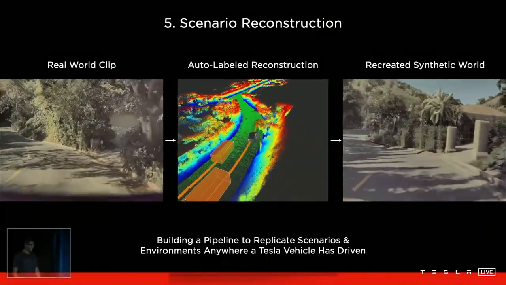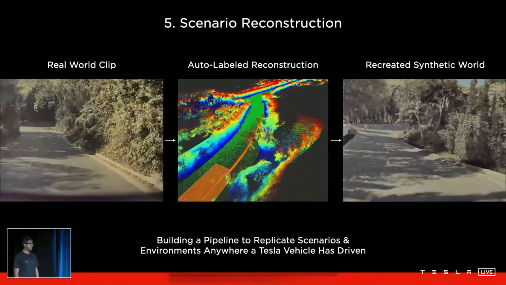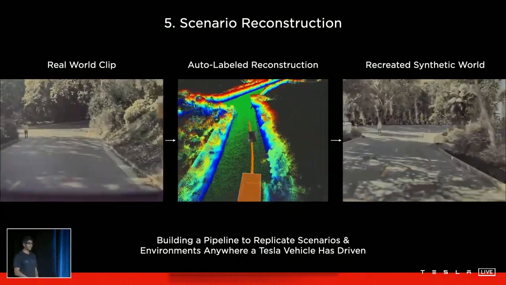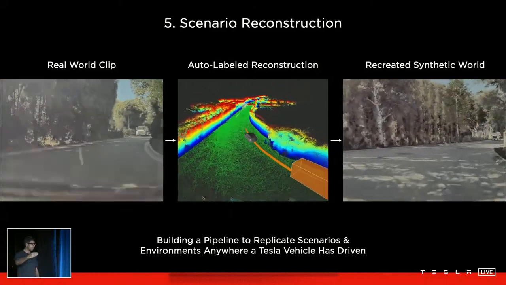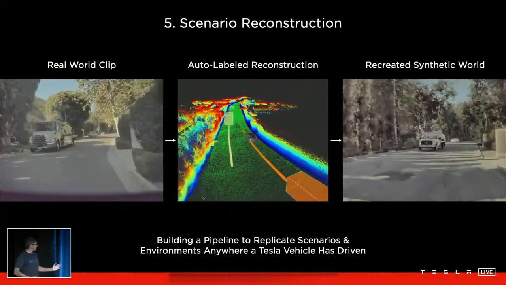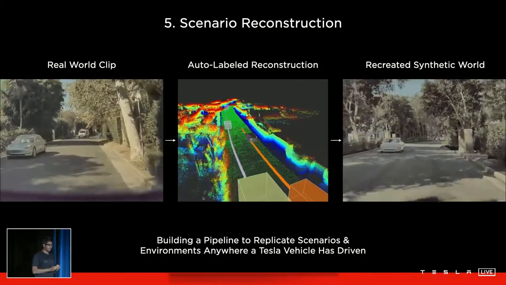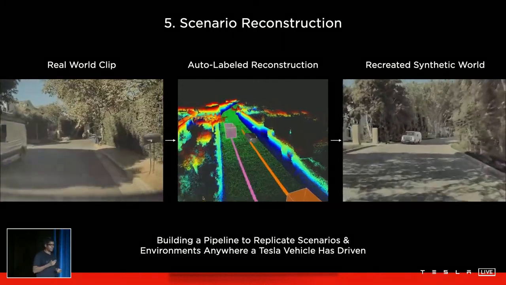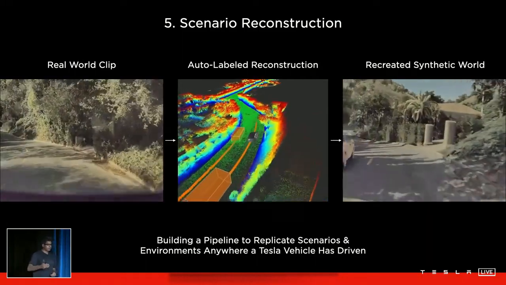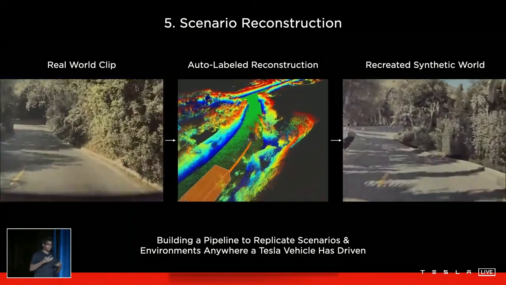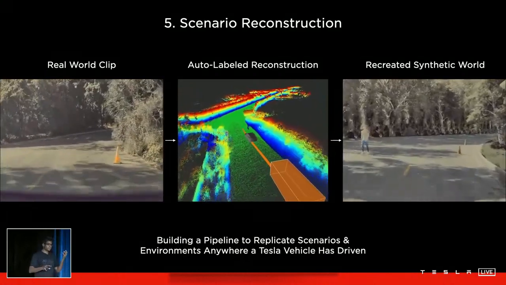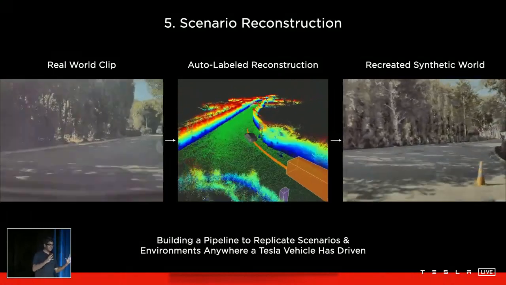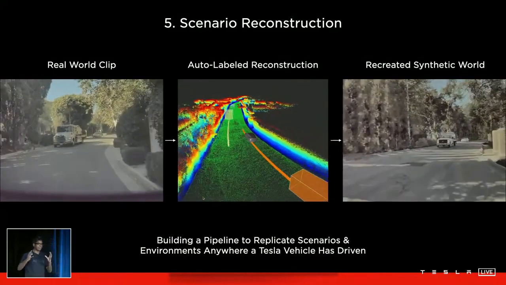We don't want to stop there. So actually, we want to recreate any failures that happen to the autopilot in simulation so that we can hold autopilot to the same bar from then on. So here, on the left side, you're seeing a real clip that was collected from a car. It then goes through our auto-labeling pipeline to produce a 3D reconstruction of the scene along with all the moving objects. With this, combined with the original visual information, we recreate the same scene synthetically and create a simulation scenario